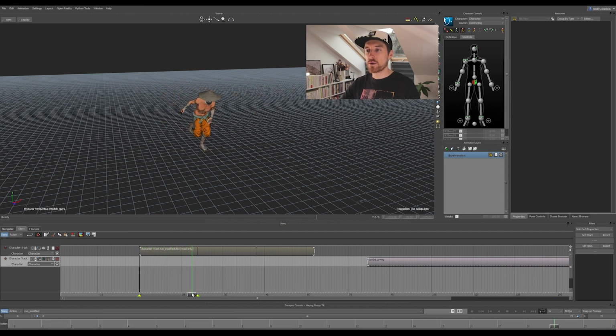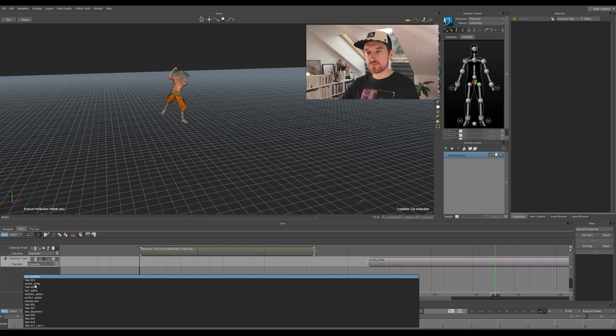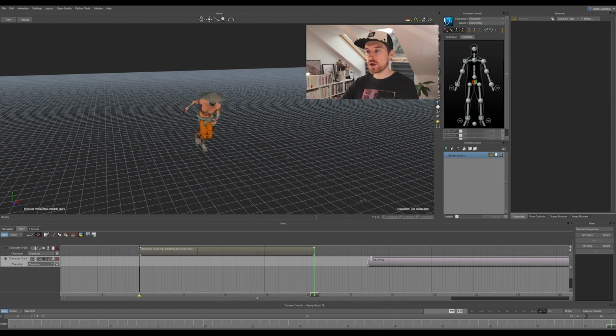I can do the same thing if I choose the run modified. I'm gonna have my run animation for 21 frames because this is how long my take is. You can see here with the range, and then later I'm still gonna have the combo swing clip. So remember this because it's really powerful, and I will show you an example of how you can use it in the next function.